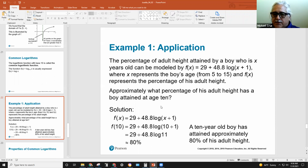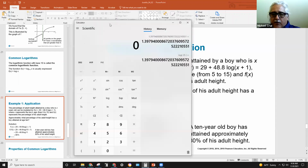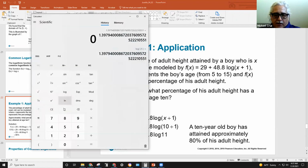All right, so let's just say we wanted to find out what percentage of his adult height a boy has attained at age 10. So what we do is we put 10 in for x. That's 10 plus 1, so that means log of 11. So let me just show you how to evaluate this, and usually on most calculators, you kind of gotta